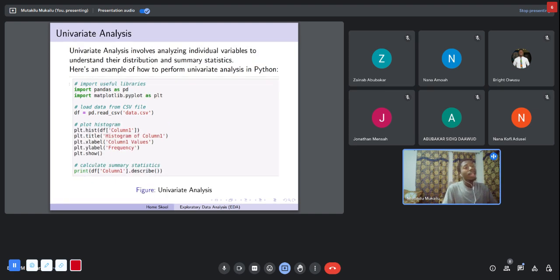Now let's look at univariate analysis. Like I said before, it is the way of analyzing single, or individual, variables to understand their distributions and summary statistics. Some of the techniques we can use are plotting a histogram. Plotting a histogram is one of the most common things we do. So we plot histograms on the individual variables in the datasets